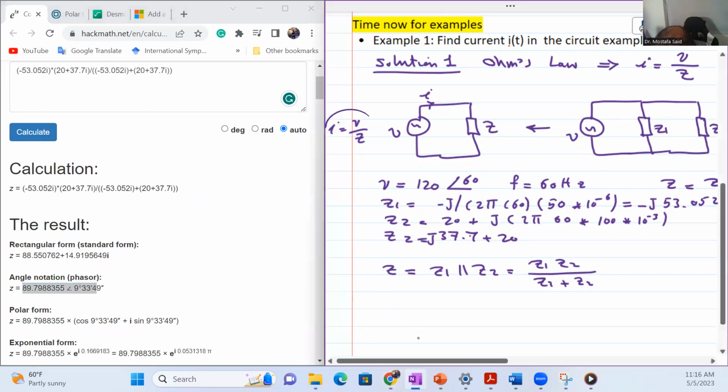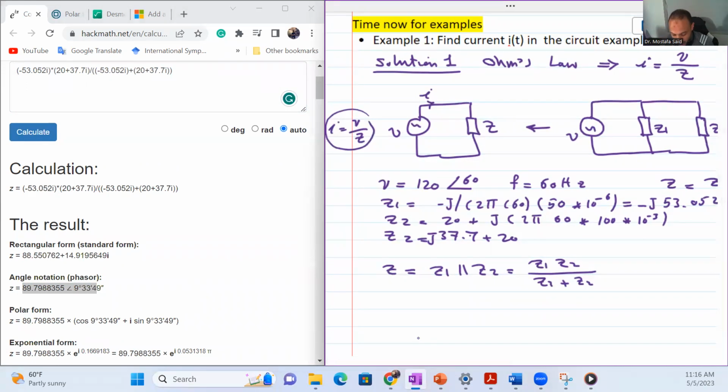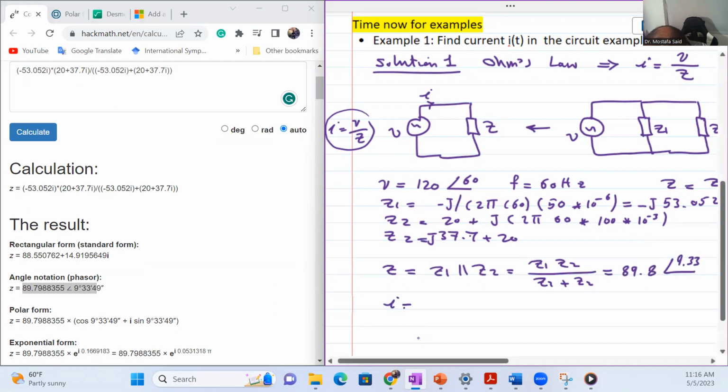And here, at the end, I is equal to V divided by Z. So this is division. So we're going to use the polar form. So Z is equal to 89.8 angle 9.3. So finally, I is equal to 120 angle 60 divided by